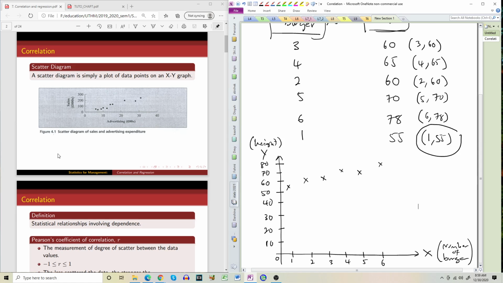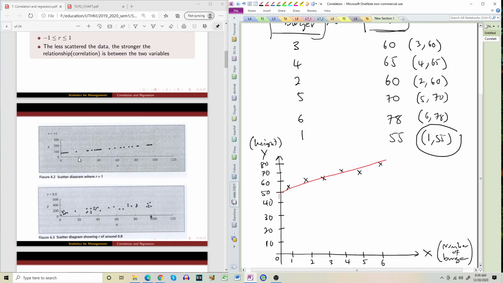So once you plot a scatter diagram, if it has a pattern going increasing, you can see a pattern here. If you can see this one going upwards, increasing, then you can subjectively conclude that it has some relationship. But sometimes,